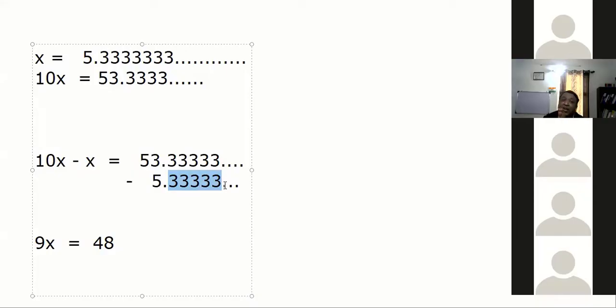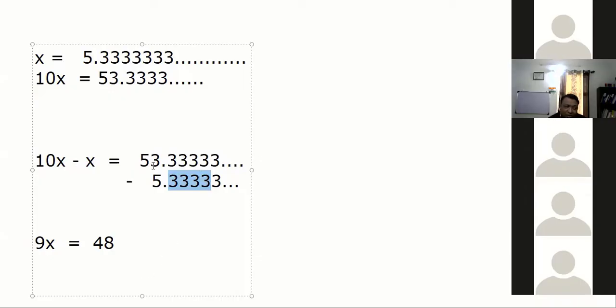That is the main property of repeating decimals. The point is that because they repeat, that's why we are able to solve. If they don't repeat, you cannot solve because after the decimal you will not know what you will get. So the more important property is repetition. We know that after the decimal it is always the same number. Same number, when you subtract you always get 0.